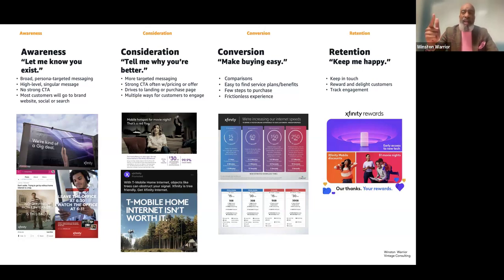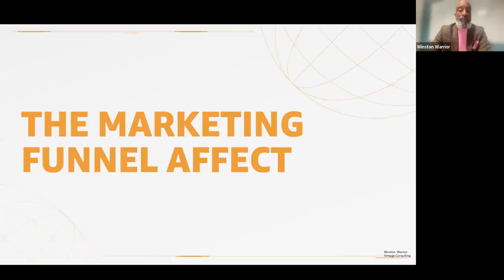It was easy. It was top notch. They even had a photographer that came with it and the videographer. I didn't have to worry about any of that. It was like a one-stop solution. And it was very high end, or very affordable, whatever your value proposition is. But you want them to be happy. So this is the funnel come to life. We talked about awareness, consideration, conversion, retention. This is what it looks like in real life terms.